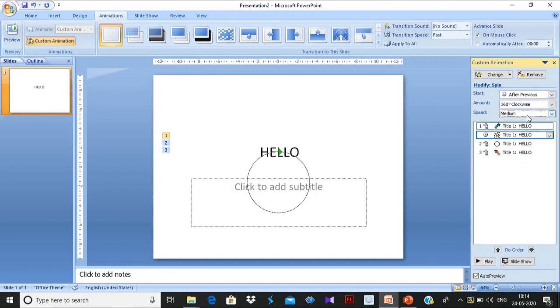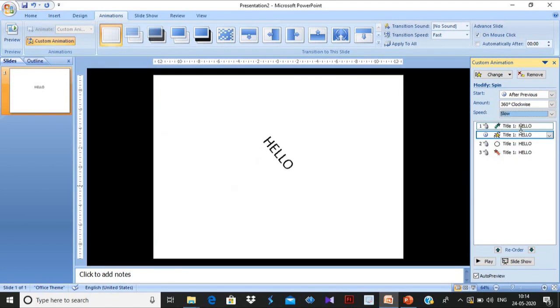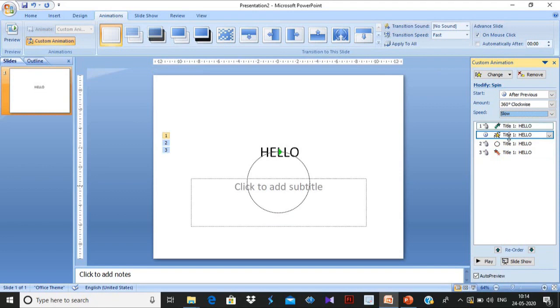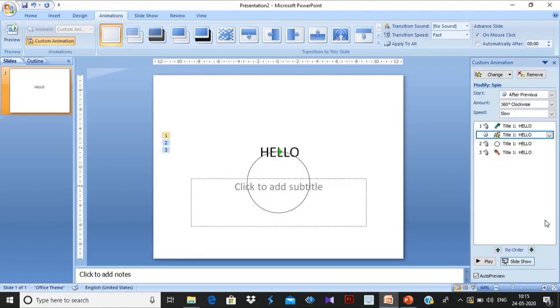And you can select the speed, slow or fast, as you want. We will see here. See, only one time I am pressing the button, the second one is automatically doing it on its own. The third is not doing it because I have applied after previous only in the second animation. For the third I have to press the button, for the fourth also I have to press the button. Okay, so this is animation.